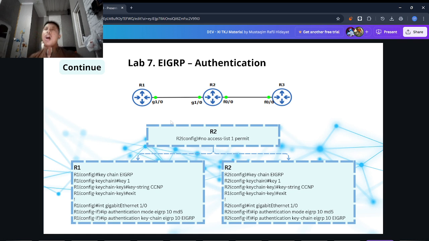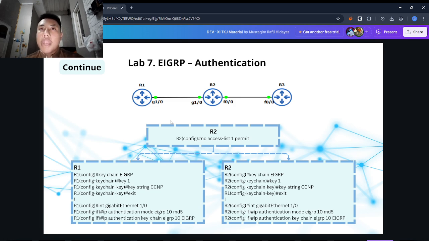So, how does EIGRP authentication work? EIGRP supports MD5 authentication. Routers share a key, a password configured on their interface. Each routing update is appended with an MD5 hash generated using that key. The receiving router also computes the hash with its own key. If both match, the update is trusted.